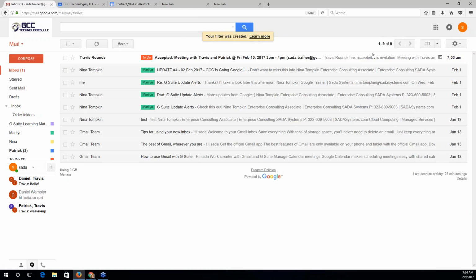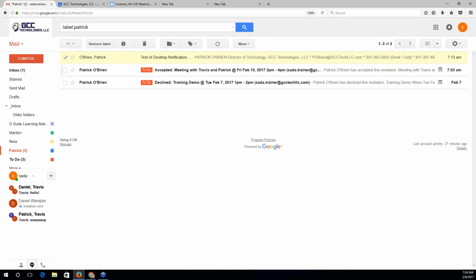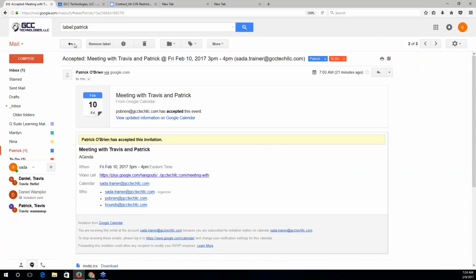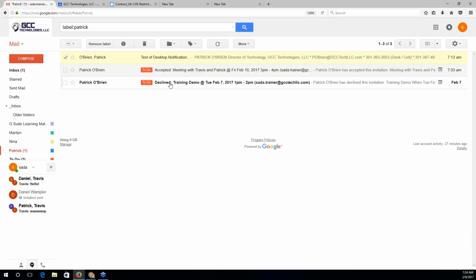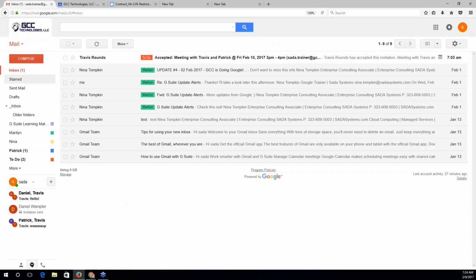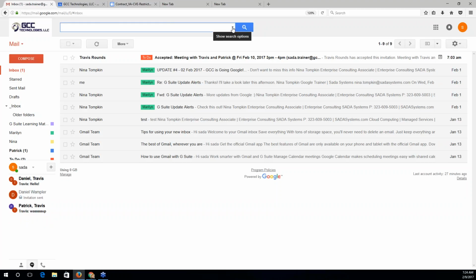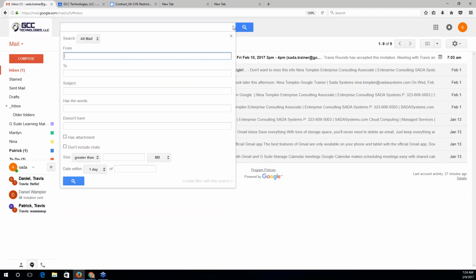Now you'll see that in my inbox there is nothing anymore from Patrick. But looking in the Patrick label, what do you know? There are 2 unread messages here. And there you have all those mails from Patrick. As for the filter with the reply example, you can also create a filter using the advanced drop-down. So I'm going to use this for another method of creating a filter.